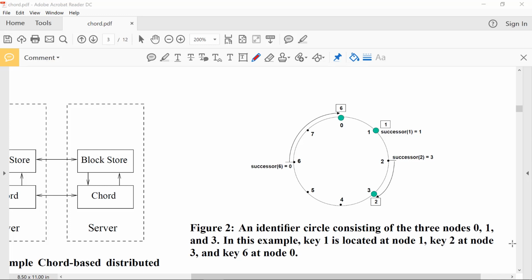Hi, this is a short video explaining how finger tables in CORD work. I'm going to use the example they have used in the paper where they introduced CORD. Before we go into finger tables, let me take a brief moment to explain how consistent hashing is used and where keys are stored